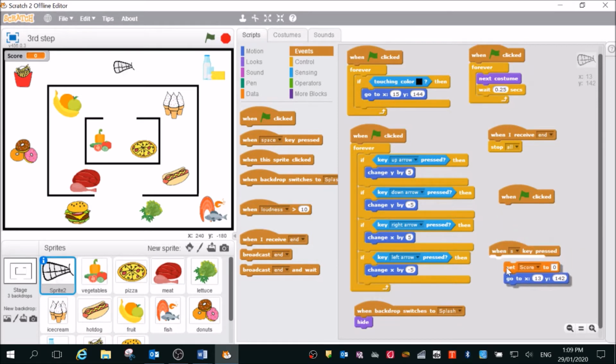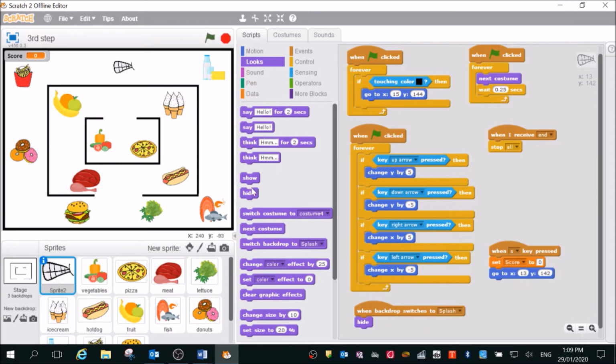I want to set the score to 0. I want to move it to the right place. I'm just going to get rid of this by taking it back to the middle and letting it go, and it'll disappear. When we press S, we want the mouth to reappear, so we're going to say show